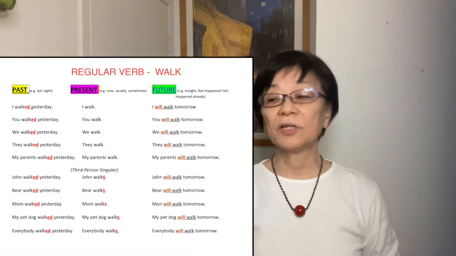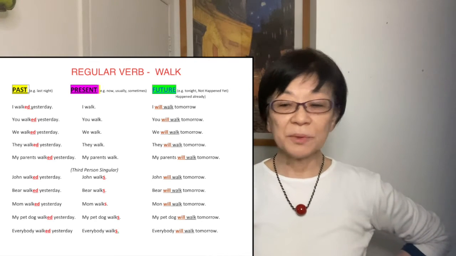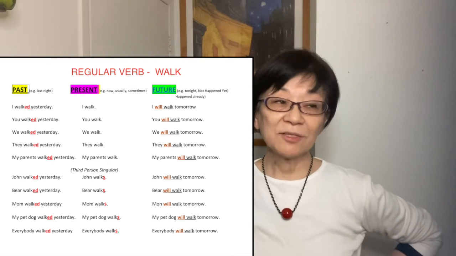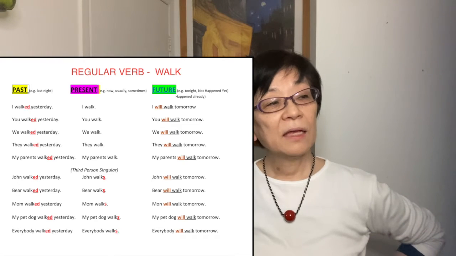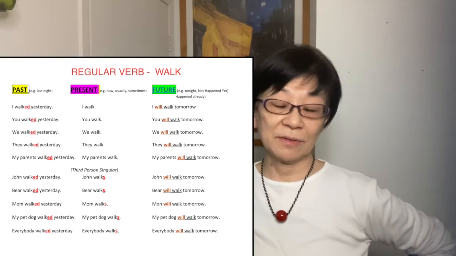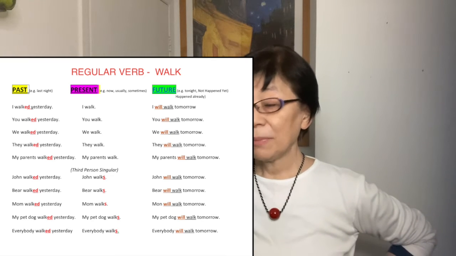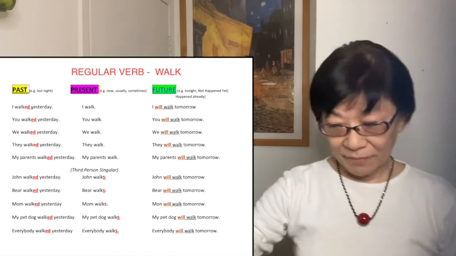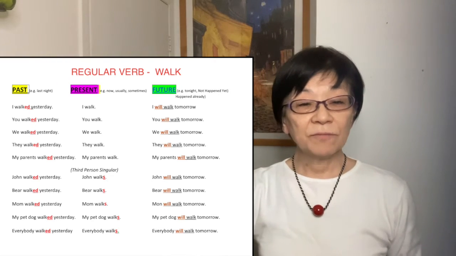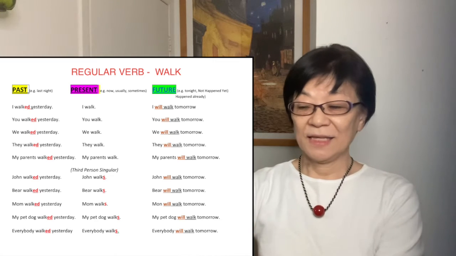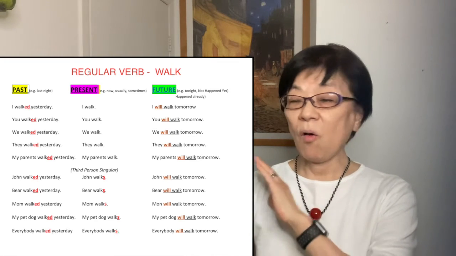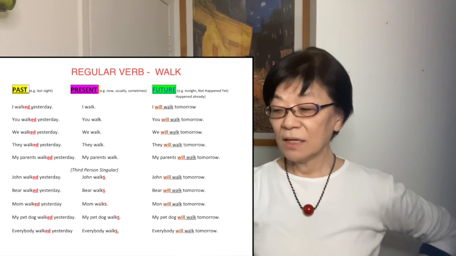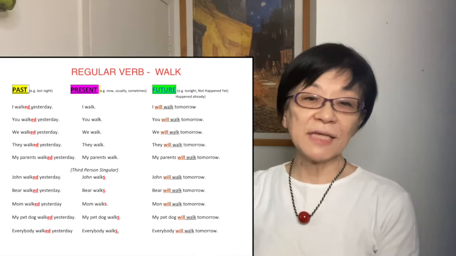This is the regular verb. Now, you know how many verbs we have in the English language? Surprisingly, a lot. They say 35,000 to 100,000. Isn't that incredible? But the good news is most of them form the past tense like this: you add ed or d. So it's very easy to know the past tense. Of course, future is easy. All you have to do is add will.